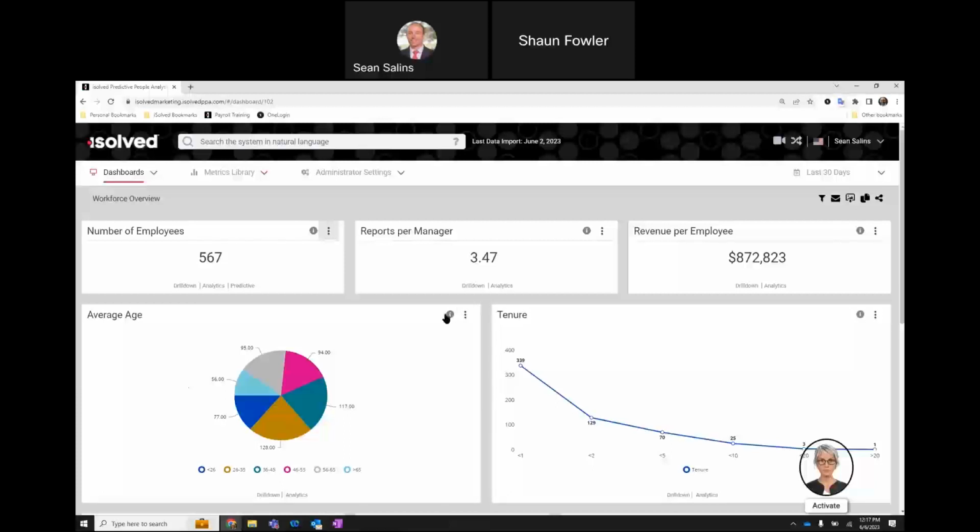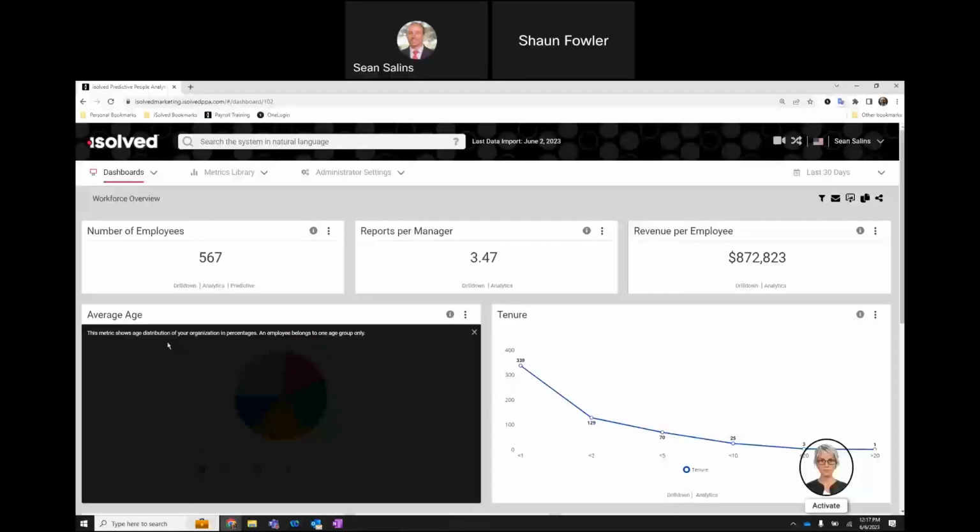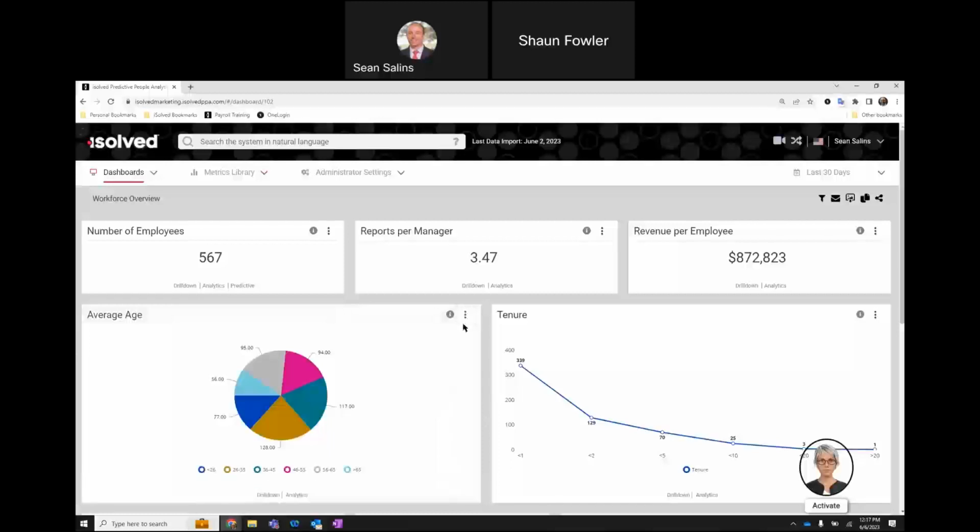First off, these little eye icons allow me to see what this chart is displaying, right? So it gives me information on the chart. The three dots, the ellipses, allow me not just to add this to another dashboard or remove it from this dashboard, or set an alert or alerts based upon the data being represented,